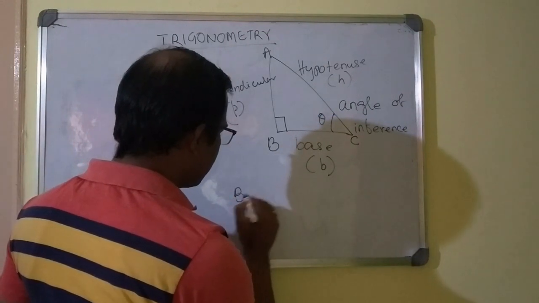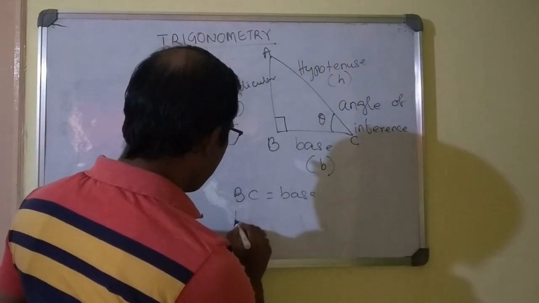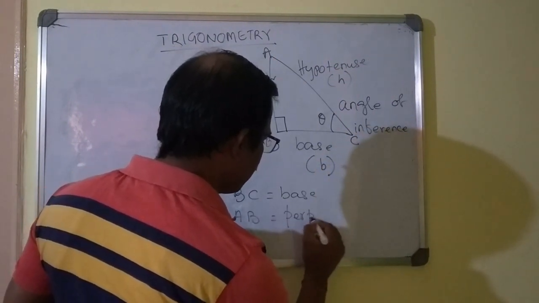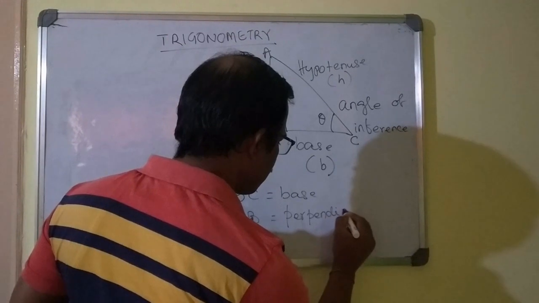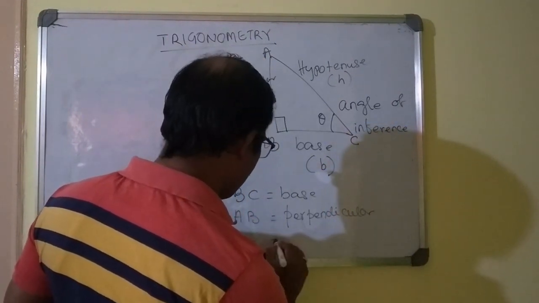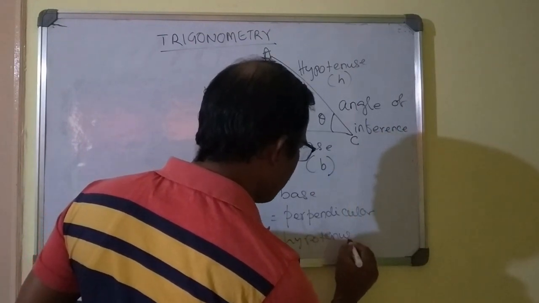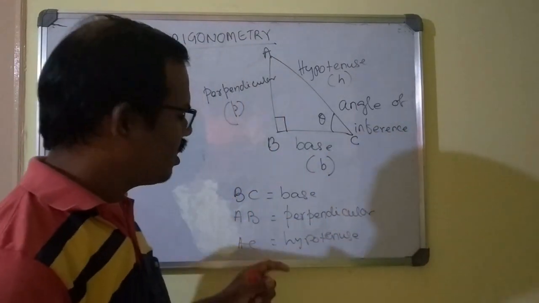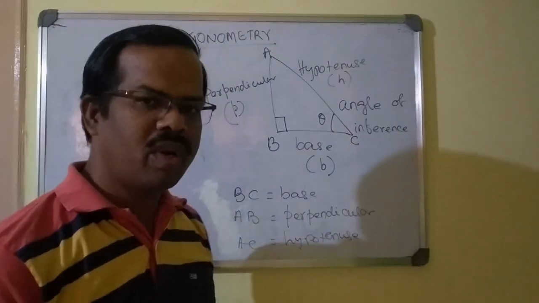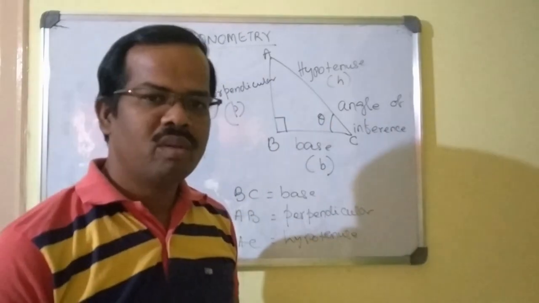therefore your BC will be the base, AB will be the perpendicular, and AC will be the hypotenuse. So this you should remember. This is very important. These are very important things in trigonometry you should remember, because we are going to use them very frequently